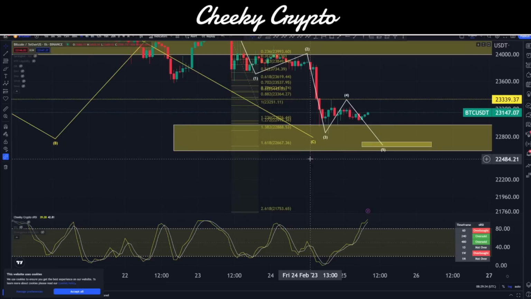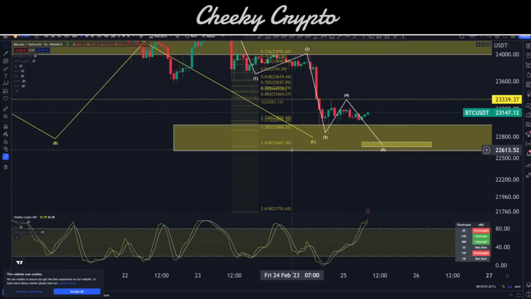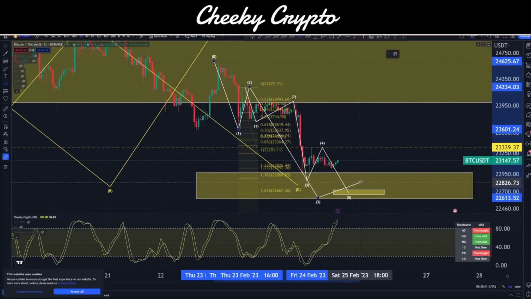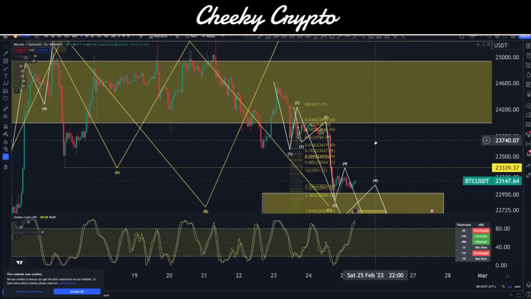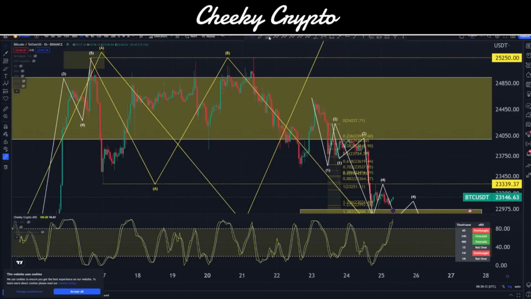And yeah, if we put this here, we can see that in order for us to consider this a wave 3 structure, we would have to hit this 1.618 area right here, and that falls in line with our 5th wave target down here, 22,667. If we hit 22,667.36 or lower, then what's going on is actually a wave 1, wave 2, all of that is a wave 3, which will then come up into a wave 4 and then have another fifth wave move to the downside, which then pulls into question, if this fifth wave comes down nice and low, is this actually a wave 1 as well?